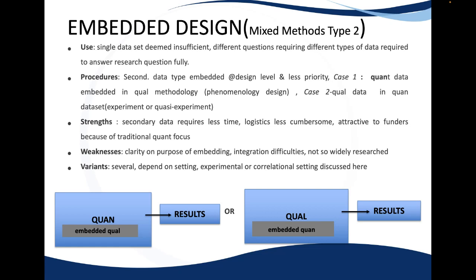So predominantly you do a quantitative study in which you embed the minor qualitative data that you collect, and you present this as results. And of course, in the embedded design, some people will say quanti embedded with quali, or quali embedded with quanti, but it is essentially a